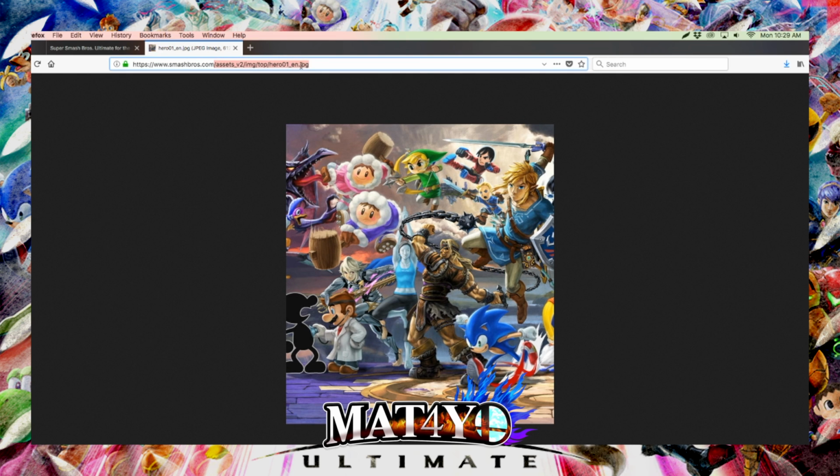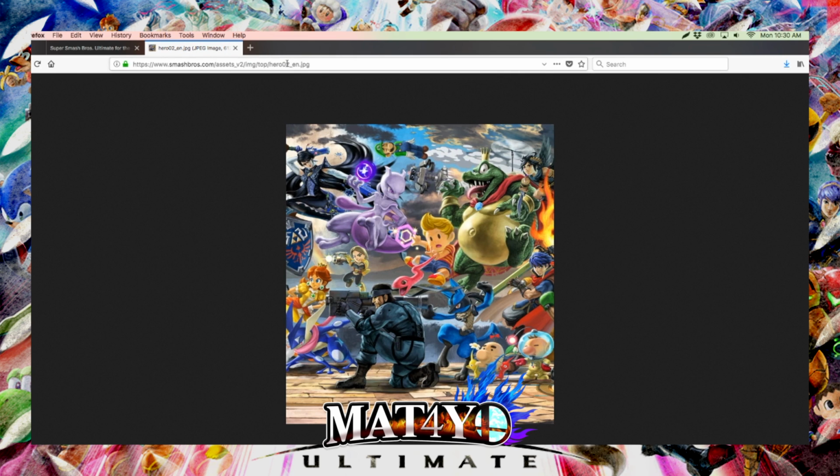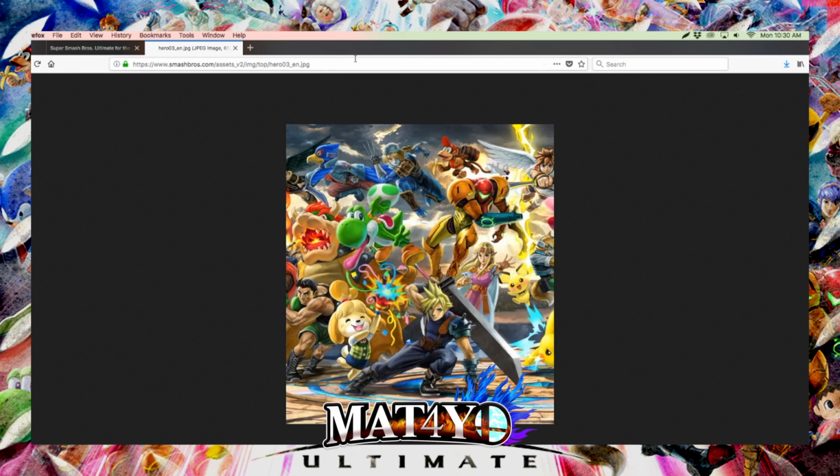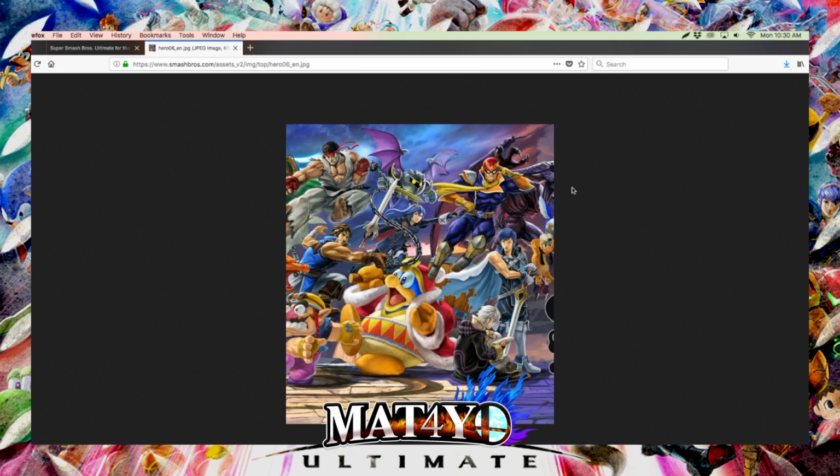That will be the file path if you were to have something stored within multiple folders. All it is directing you to is that image from that assets folder, and you can go through every number here. You can find hero number 2, you can go back and do hero number 3, and let's see how far we can go up. Let's try 7. So yeah, it looks like 7 does not exist, so the highest it gets is hero number 6,